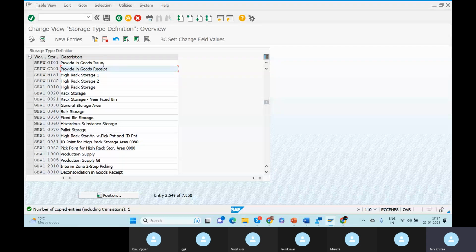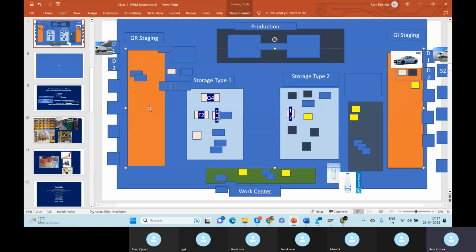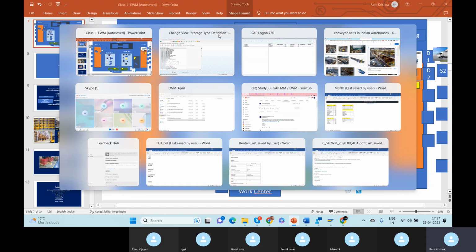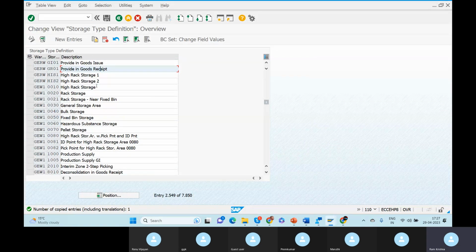Okay, next what I can create. I created this one, GR staging area. GI staging area I created. These two storage types I created. This conveyor belt I created, and this work center I have to create now. Okay, I will create a one work center also. So what I will do,